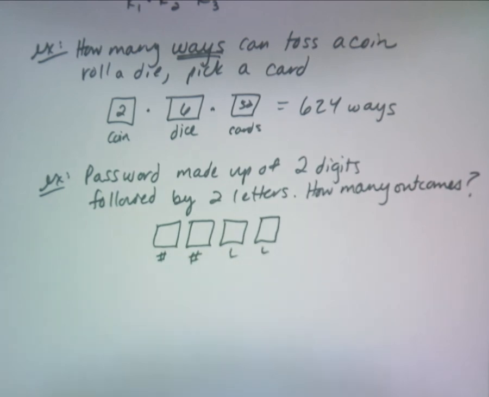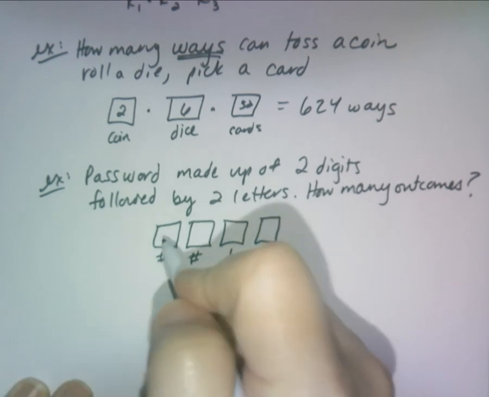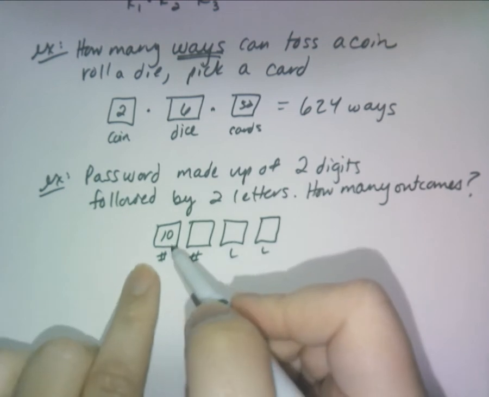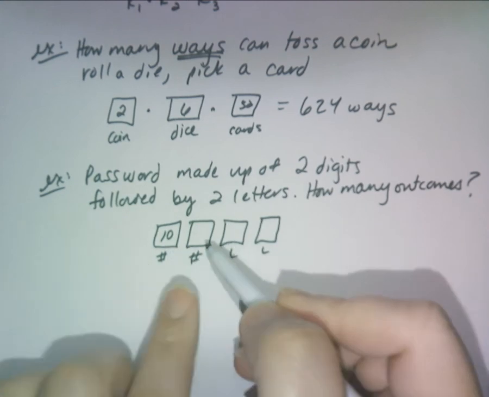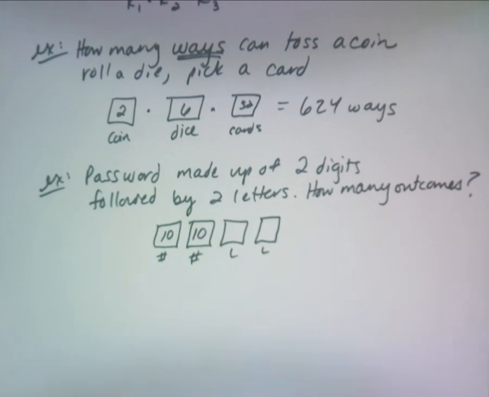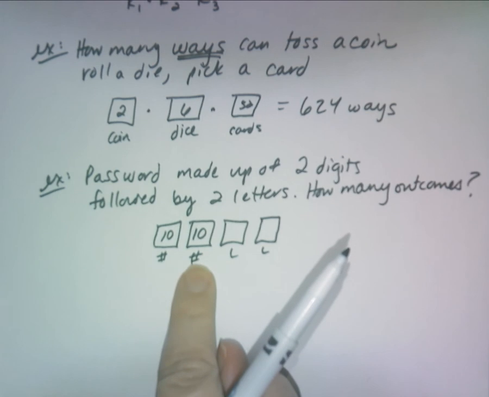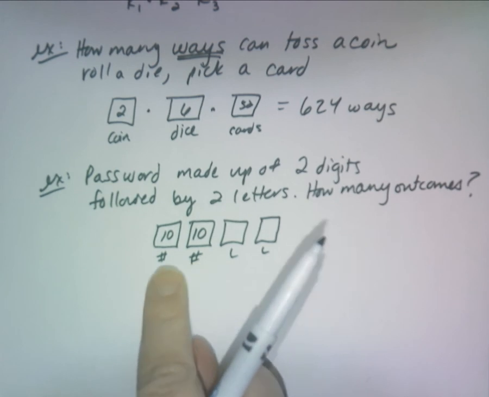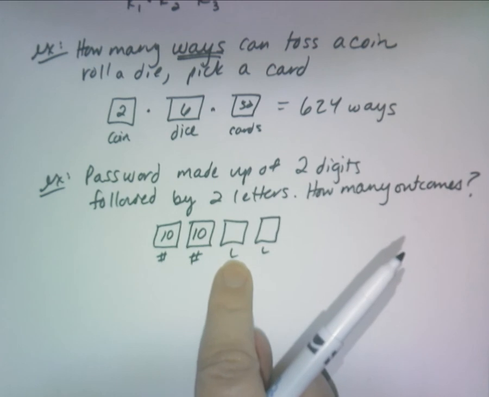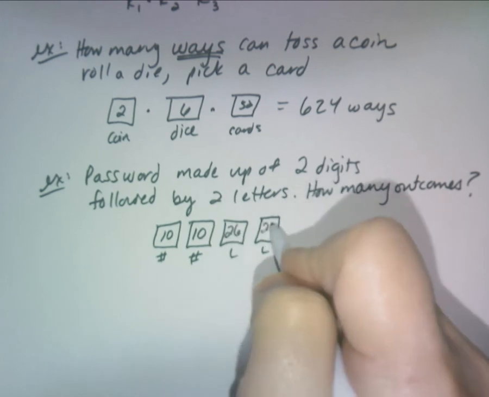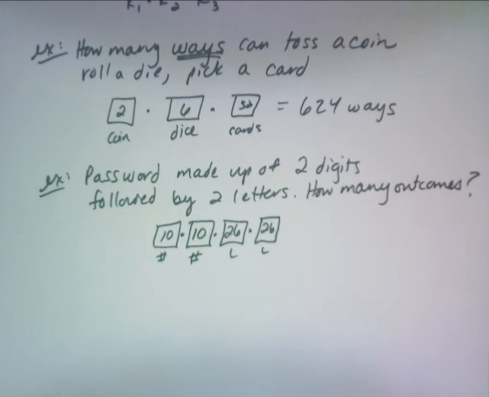So do you know how many digits are in our number system? There's 10. 1 through 9, and then the number 0 makes 10. So I have 10 choices for my first digit for a password. Then I have what here? 10. It wouldn't be 9. It can be repeated, because you can repeat. Very good though with thinking that. If it said something about not repeating, then you would have to choose how many here? 9. Okay? So 10 times 10, how many letters are in our alphabet system? 26. So you do 26 times 26. So how many ways is there to make a passcode of 2 digits followed by 2 letters? There's